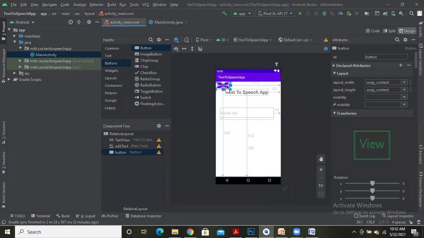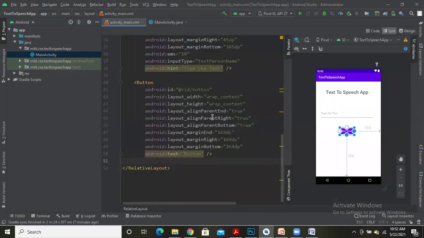Okay. Now bring this button to the center of the screen. So go to the split mode. The ID for the button is specified as button, let it be. But the text I'll be changing it to convert to speech.